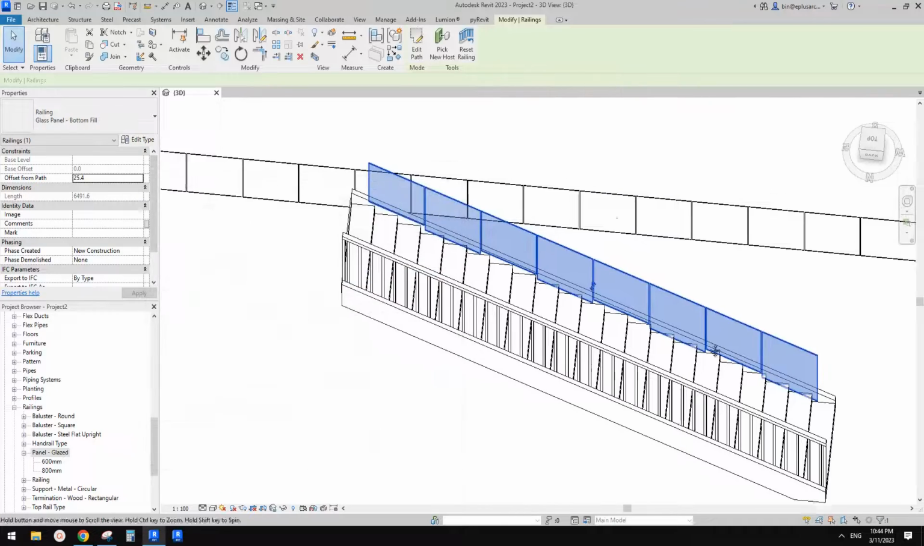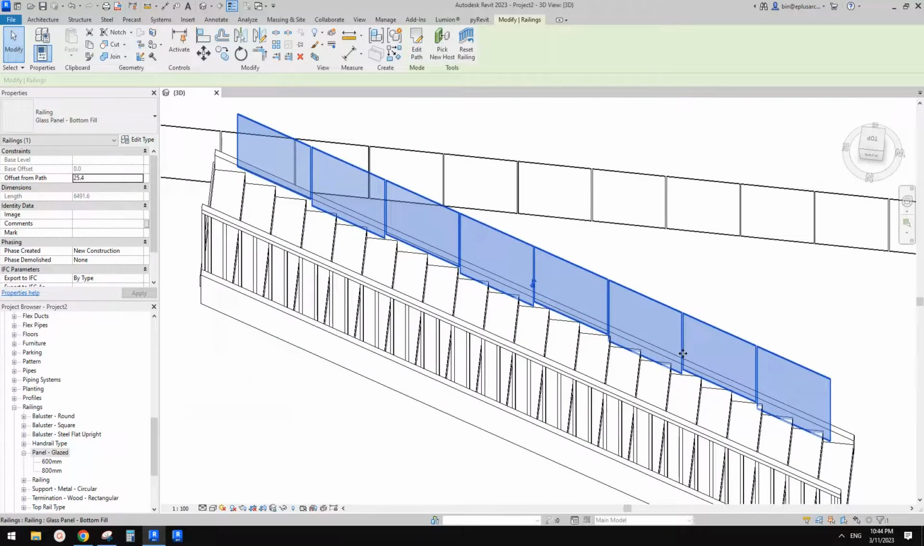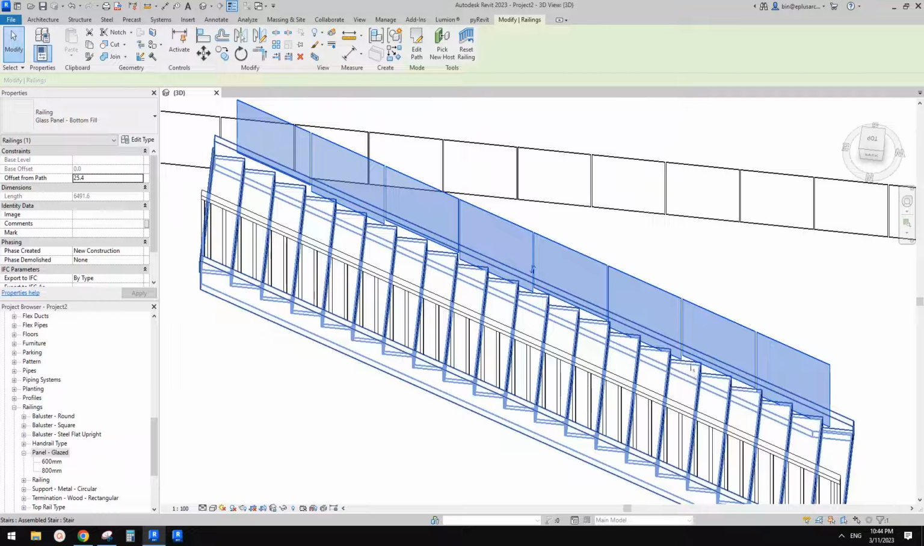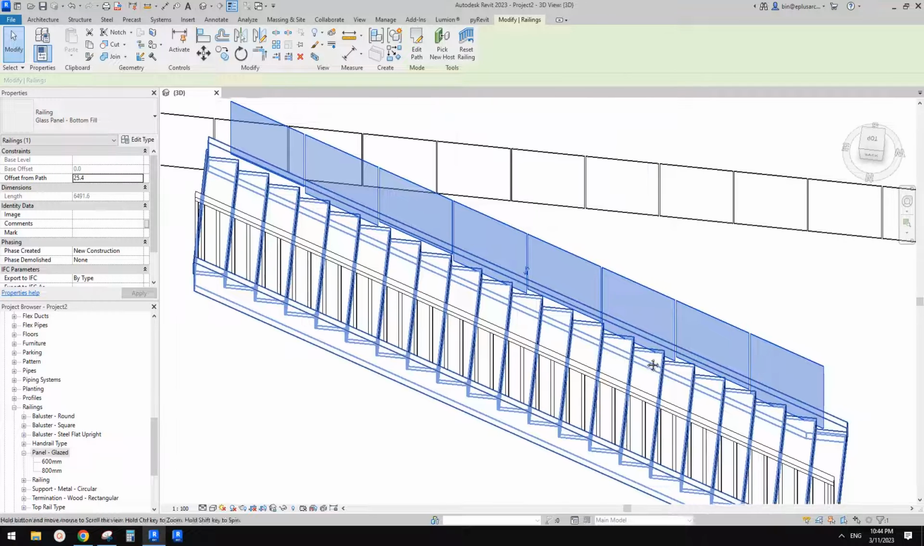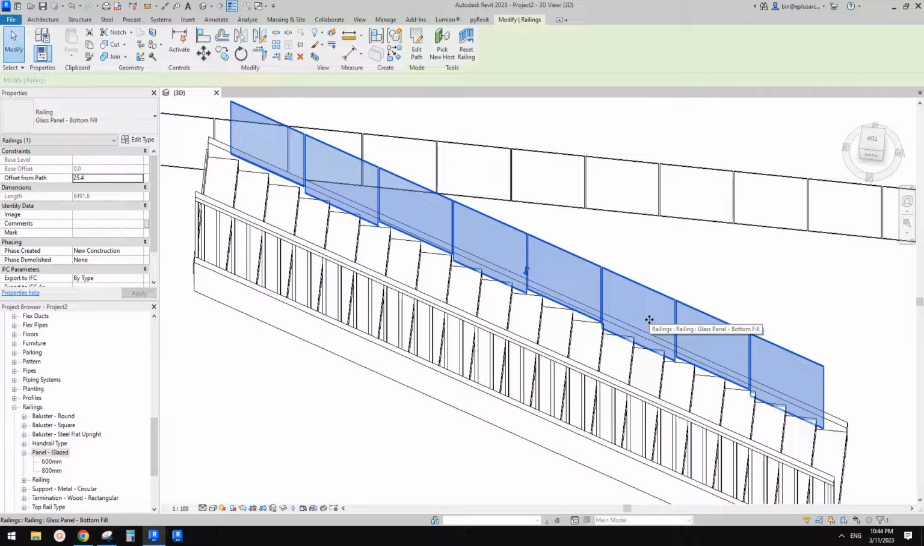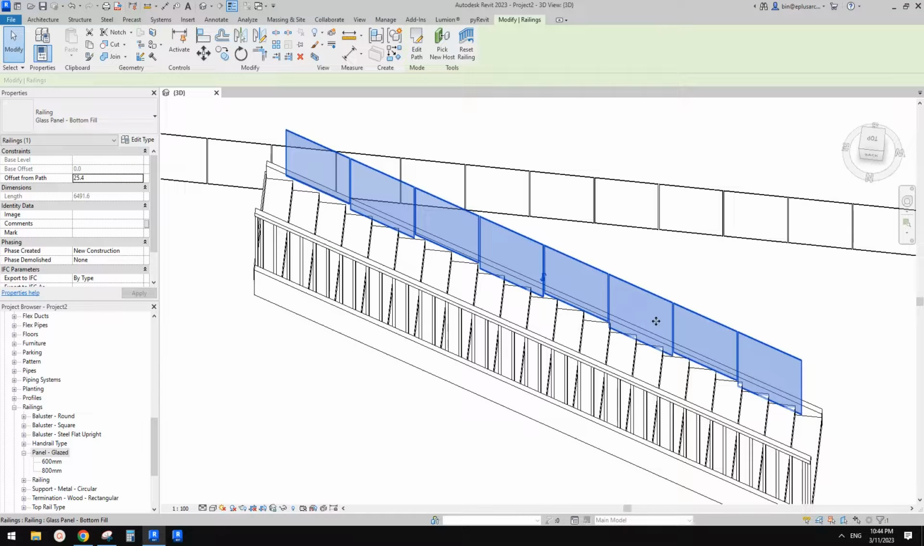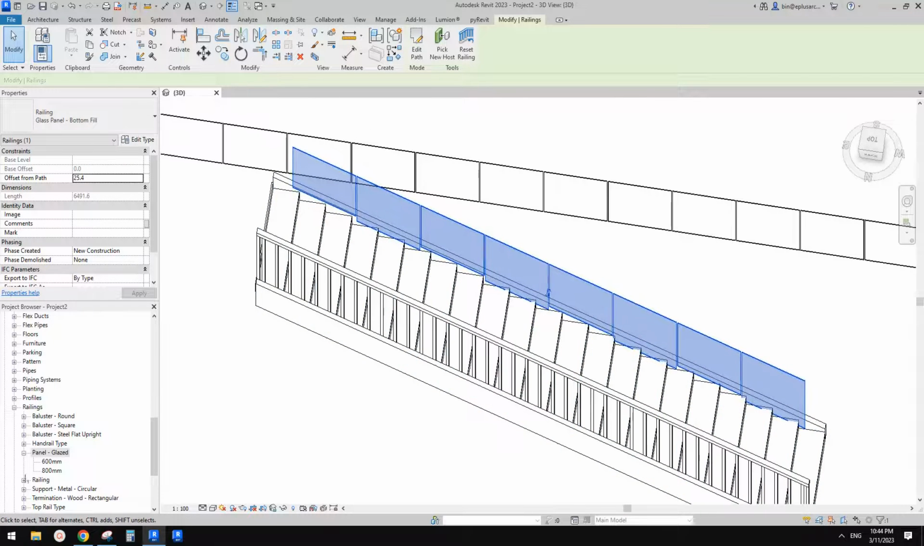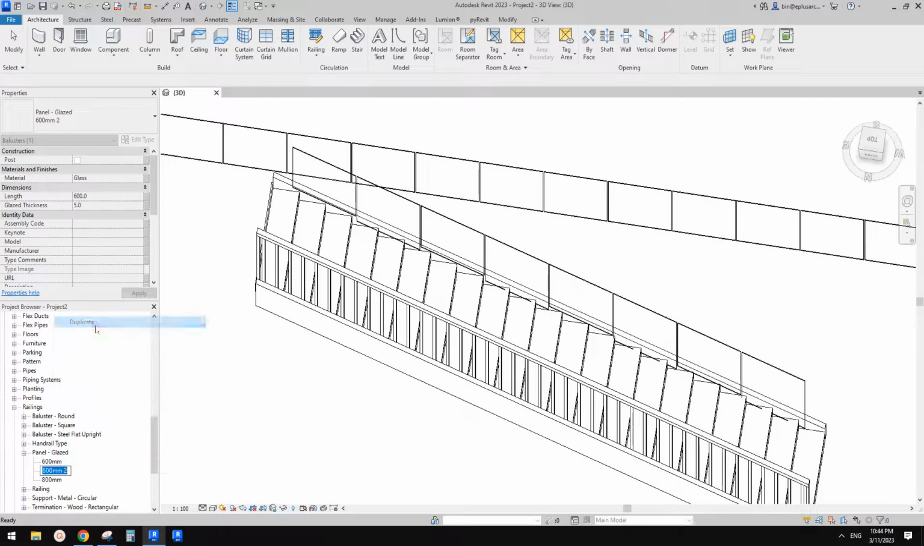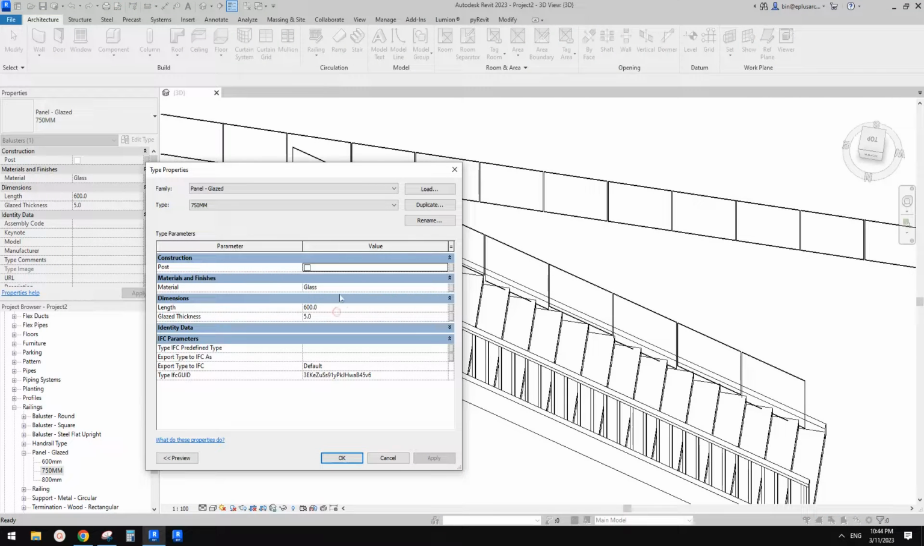600. So 250. So if we imagine we have one panel for every 3 threads, which means the panel size needs to be 750, right? 250 times 3. So let's go here, duplicate. We're going to create a 750 mm. Okay, so double click, change this one to